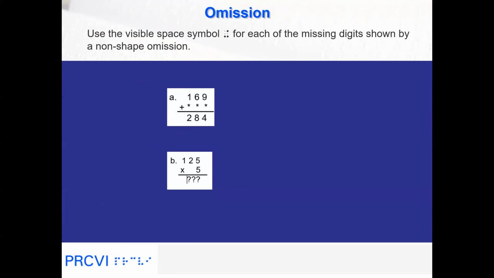Blank for missing answer. An expression with blank space to indicate a missing sum, quotient, product, difference, etc. does not need a visible space. When an answer is simply missing, use no symbol for the empty area. In this example, no symbol is used for the missing answer below horizontal line symbol. A blank line is left after the horizontal line symbol and before the next item.